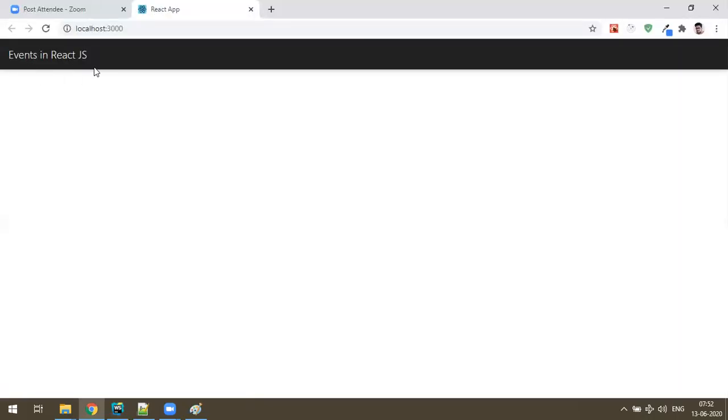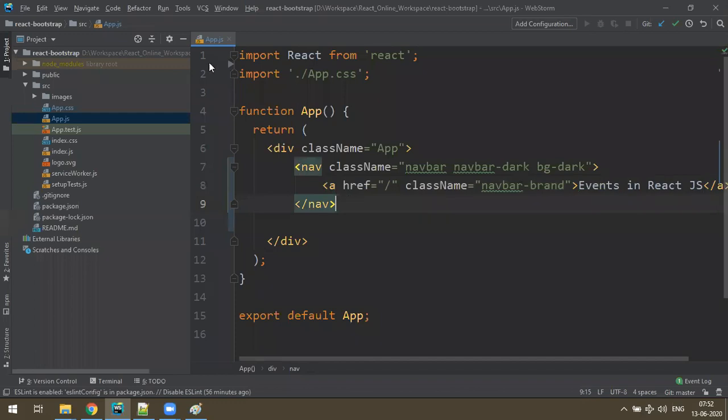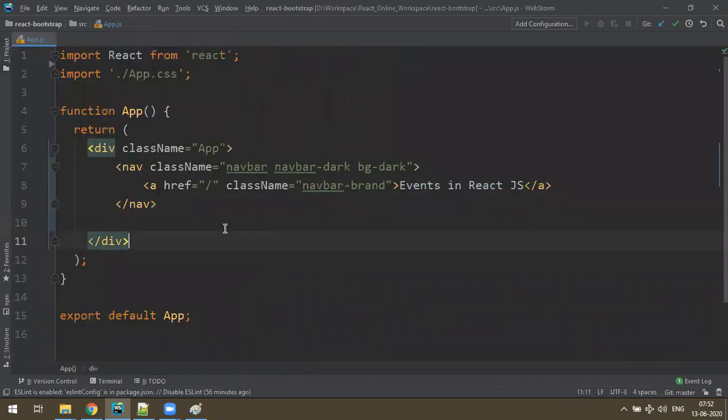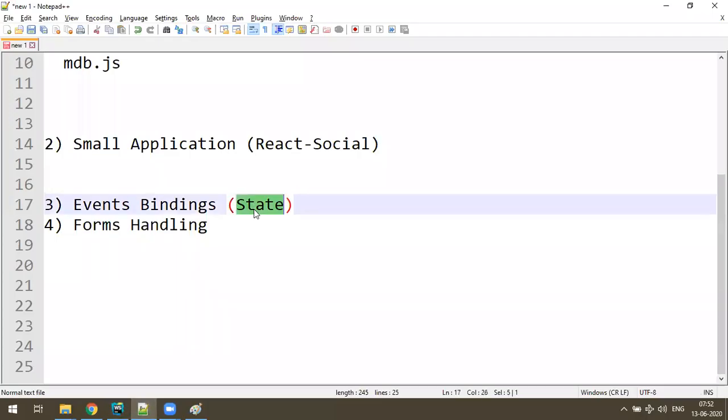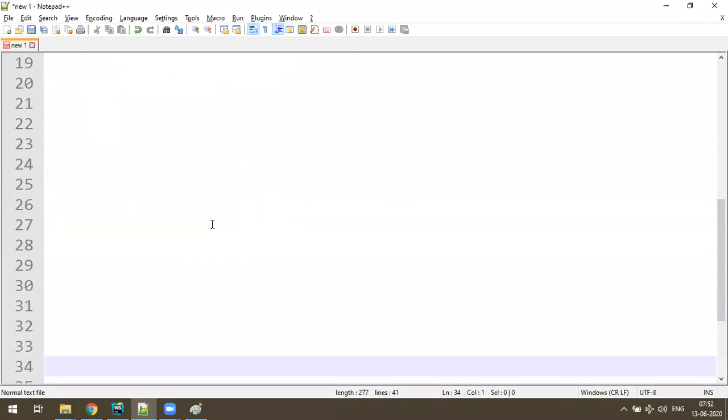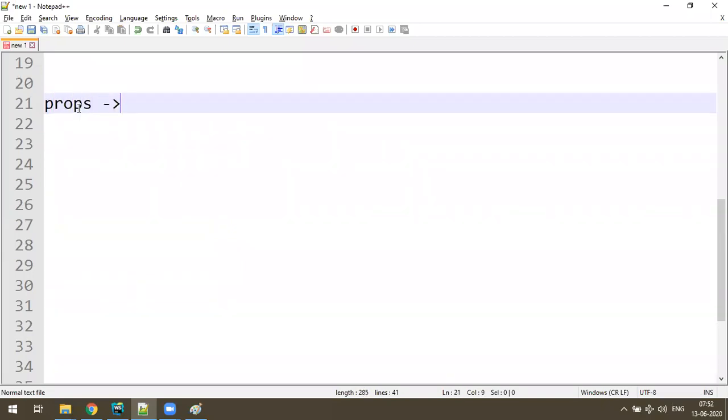Okay, fine. So now we are discussing the events concept in React.js. And with the same example, we are also discussing what the state concept is. What is state? See, we discussed something called props yesterday, right? What is props?